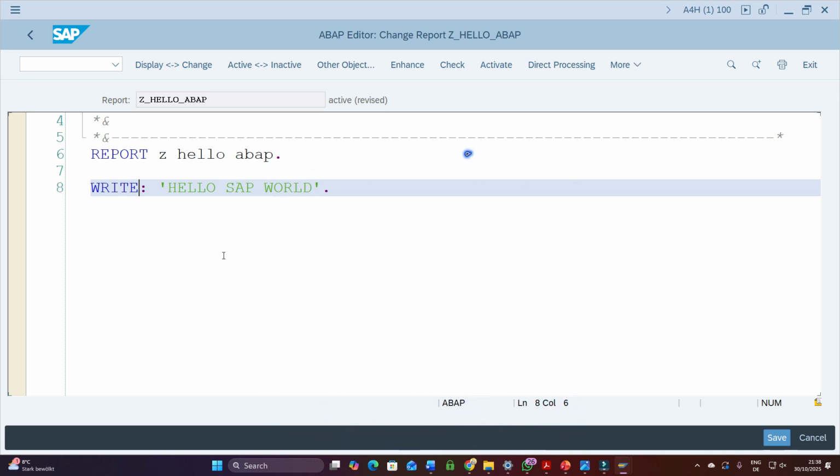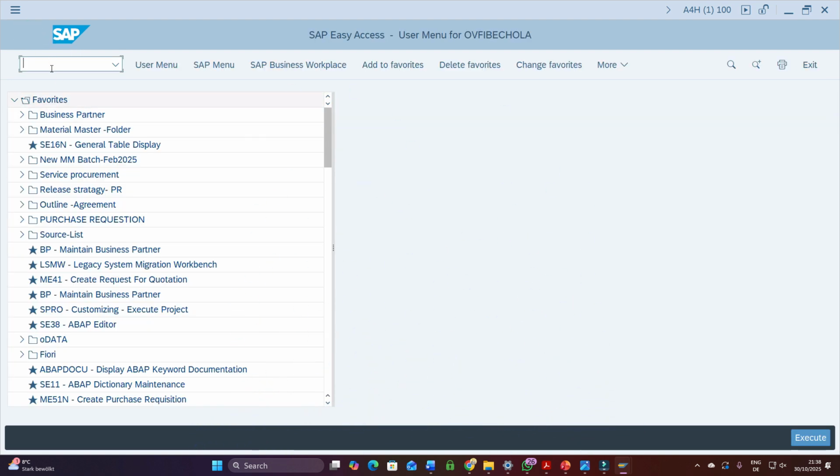Neat code means fewer errors, and remember to always activate your code. What activation does is compile your code into the active repository version that SAP will execute. Now finally, every change you make is stored in a transport request, which we already saw. If you make any change, it will be stored inside the transport request, and we can view that if we go to transaction code